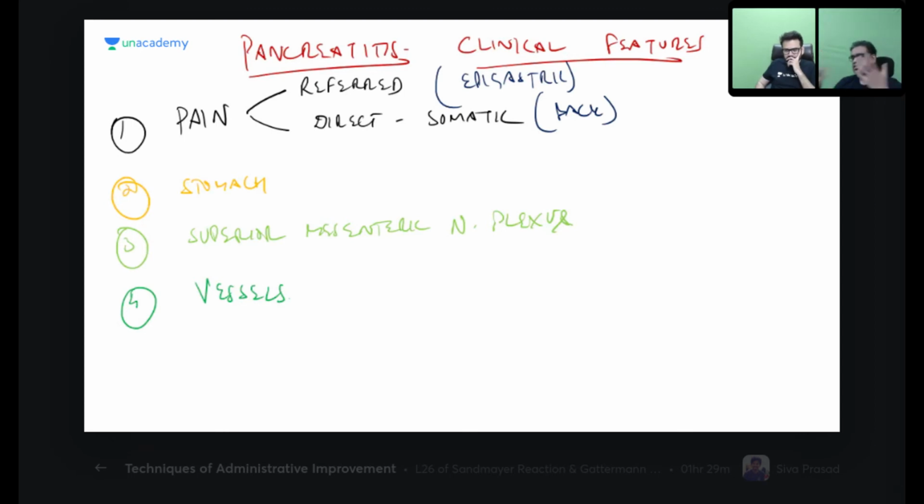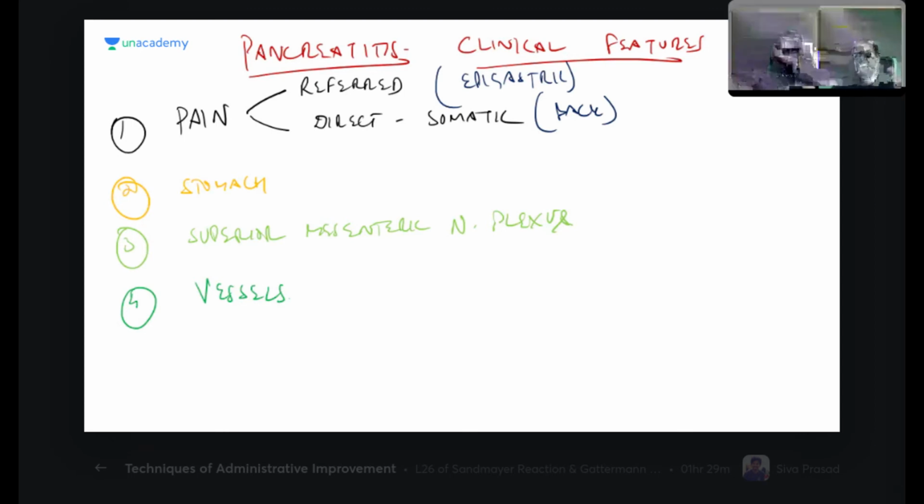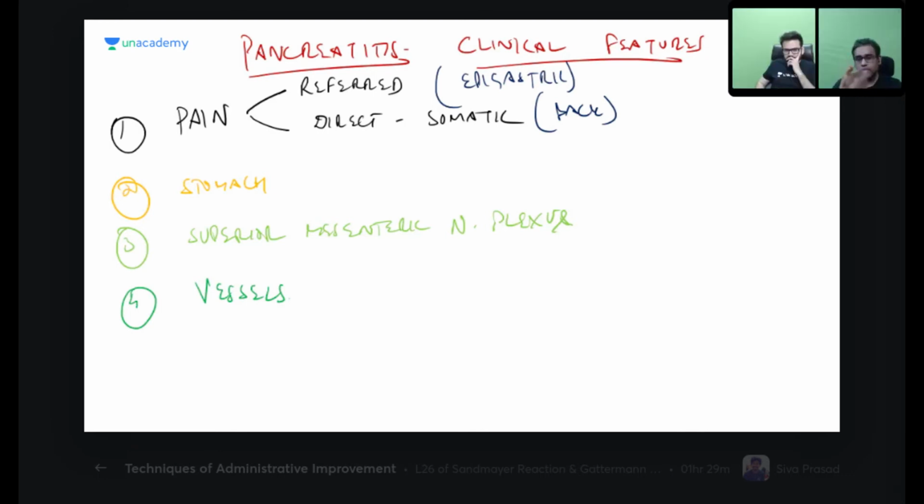Now, the patient is unaware. He is taking some normal medicines, and then slowly pancreatitis will increase more. Now it will involve directly the posterior abdominal wall. Now comes the somatic pain. Now he may say the pain started from here in the front. Now, doctor, I'm having the pain behind on the back also. I don't know why. Now, that should click you. The pain is starting from here, going behind. So now behind is somatic. Now it is directly touching the nerves on the posterior abdominal wall. So initially the pain is referred in the front, then it will go back. That is the sequence. Point clear, that is the pain.